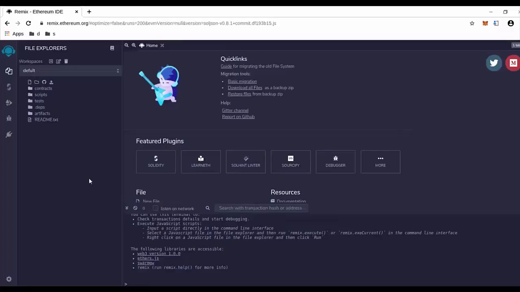The first thing you need to do is go to remix.ethereum.org, which is right here, the URL, and you'll come to this. You're going to go to this little thing here called the File Explorer. Click on that,